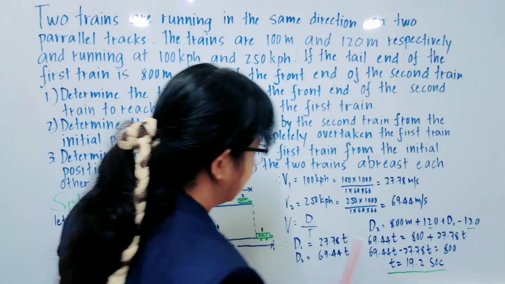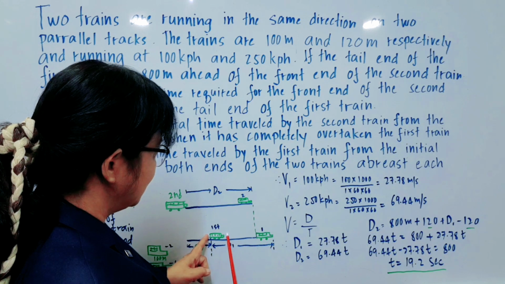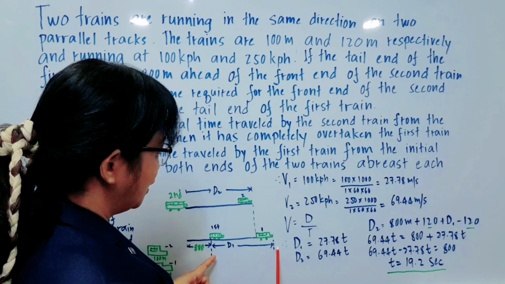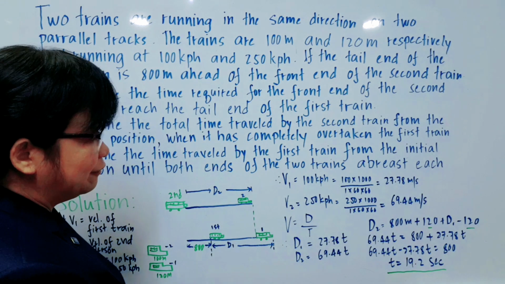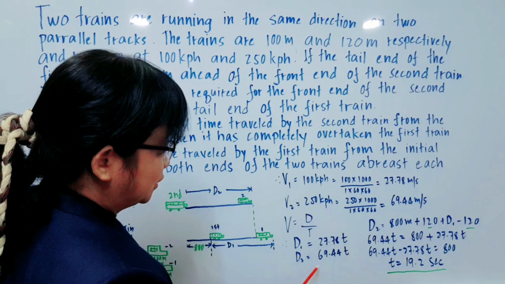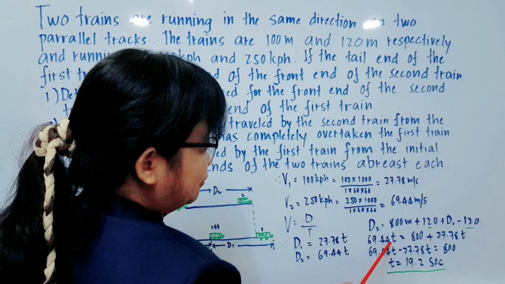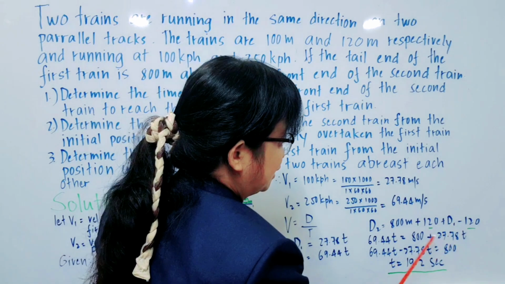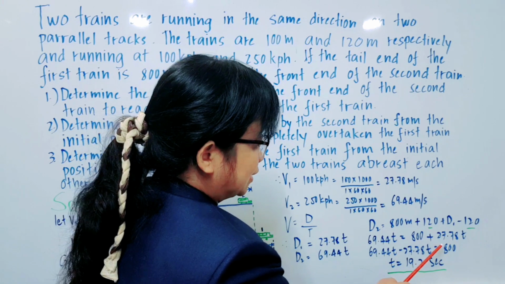Kaya yan ang resulta, 800 plus D1 plus 120, 120 the length of the train, plus D1 minus the 120. Therefore, substituting the value of D2, which is equal to 69.44 times time, so 69.44 times the time is equal to 800 plus, because 120 and 120 minus and plus, you can cancel that one. So what is left is D1. D1 is equal to